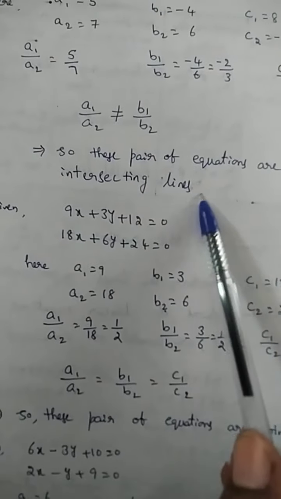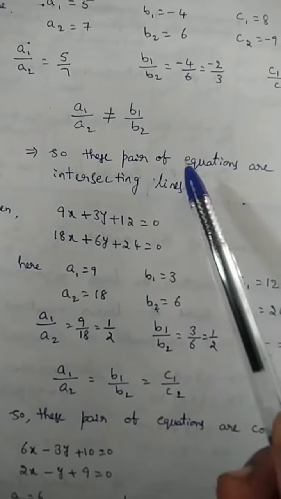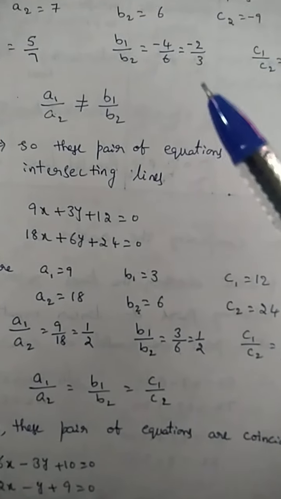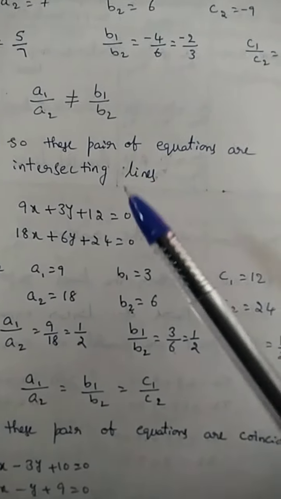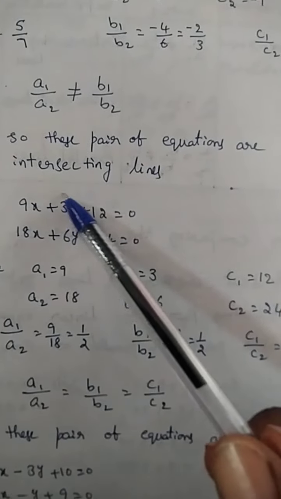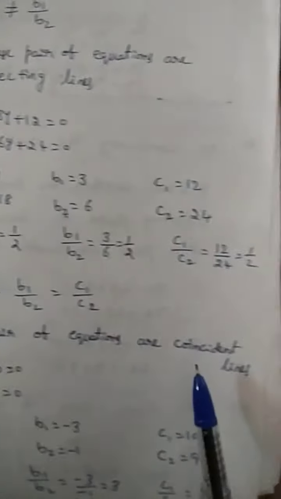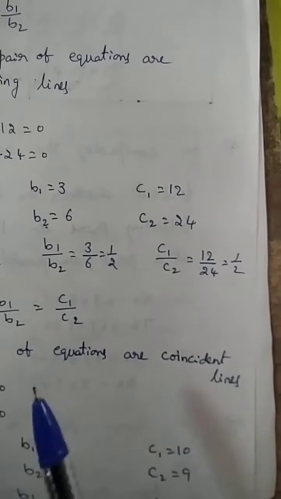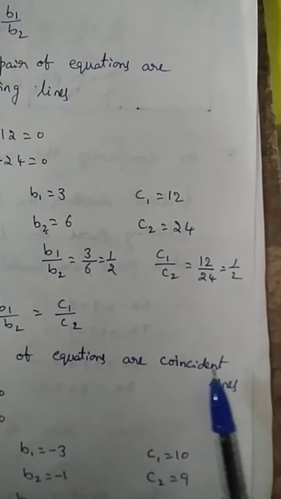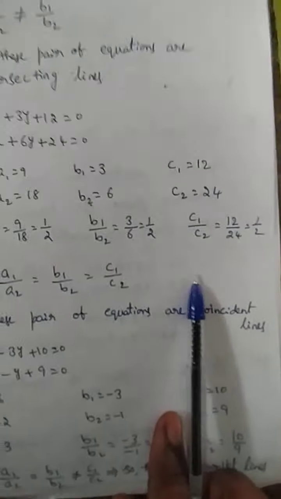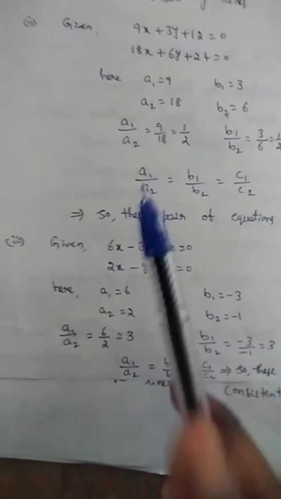What I said here, the given equations are to be compared with the lines. The graphical representation of the linear equations is a straight line only. Which type of lines are those? They are coincident lines. The graphical representation of a linear equation is a straight line only. Then coming to the third one.